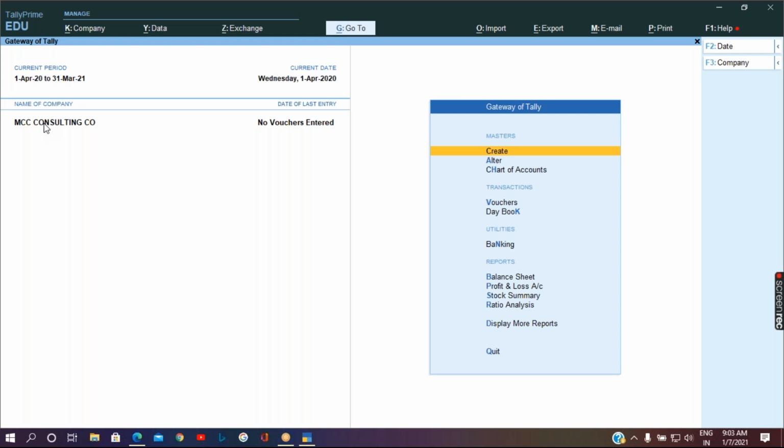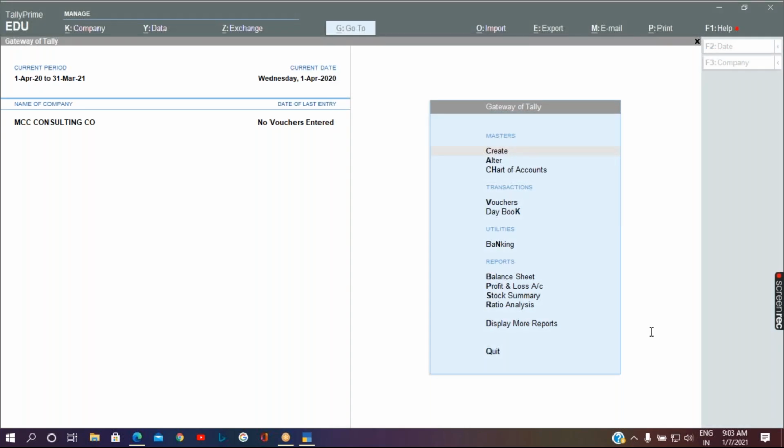You can use this kind of feature when you are regularly working on that particular company, so it opens directly instead of giving the list of companies. In case you want to shut down this company, I'm not asking to shut down Tally, I'm asking to shut down the company. The shortcut key to shut down the company is